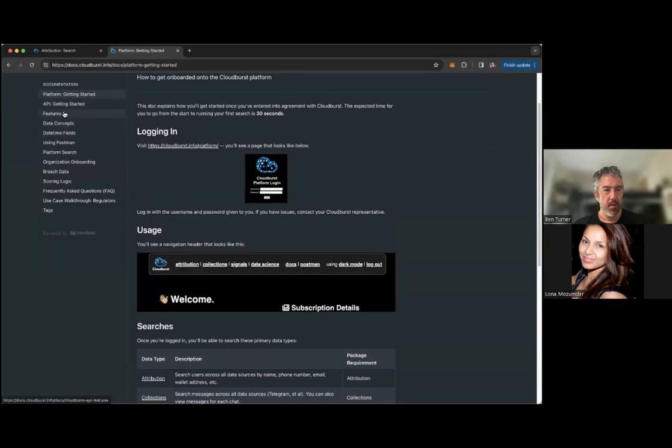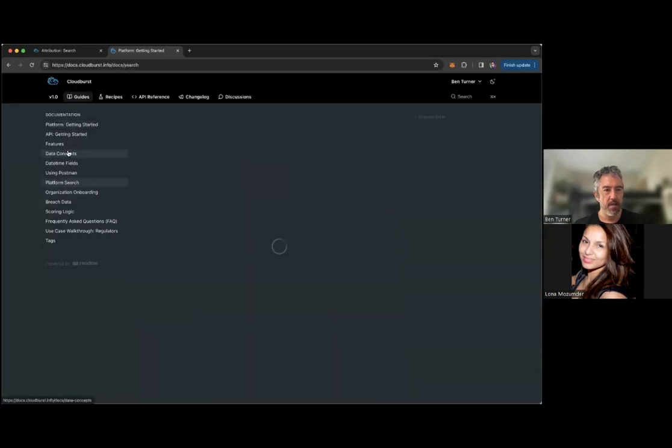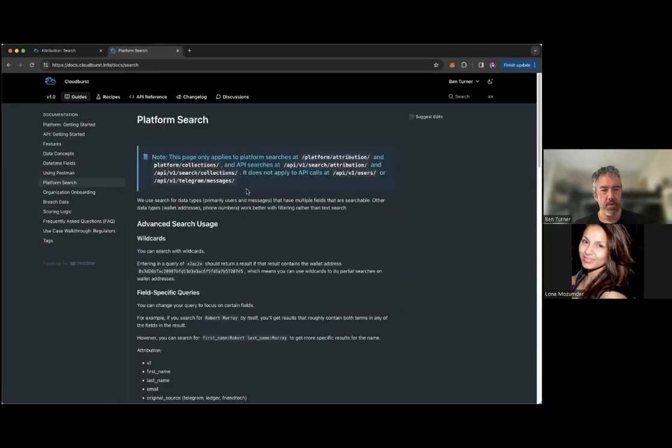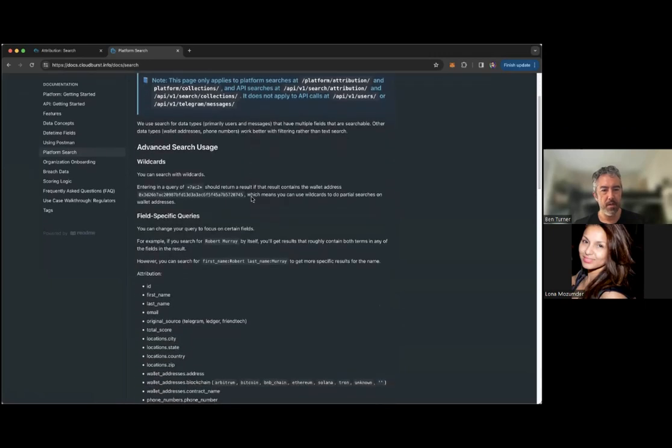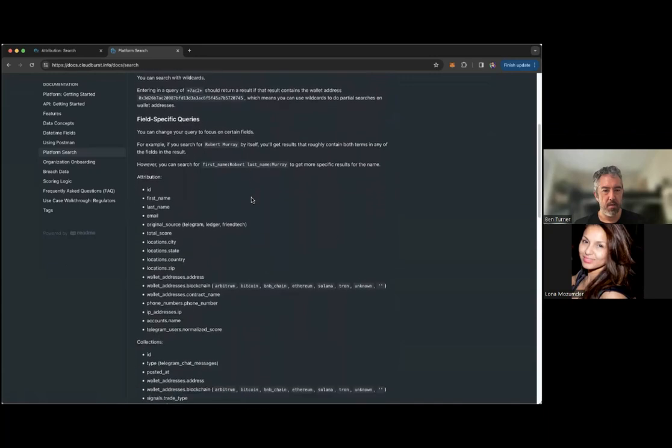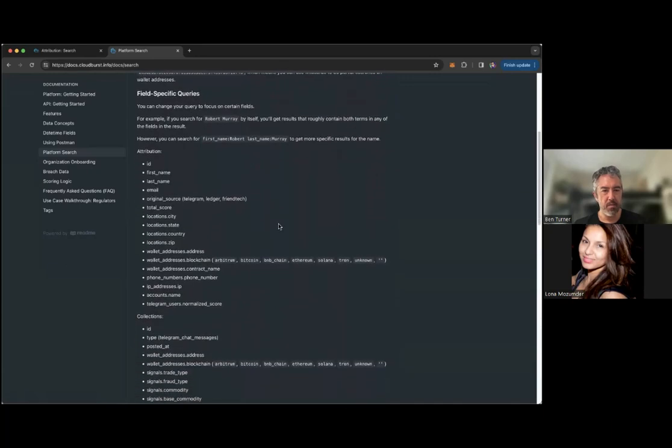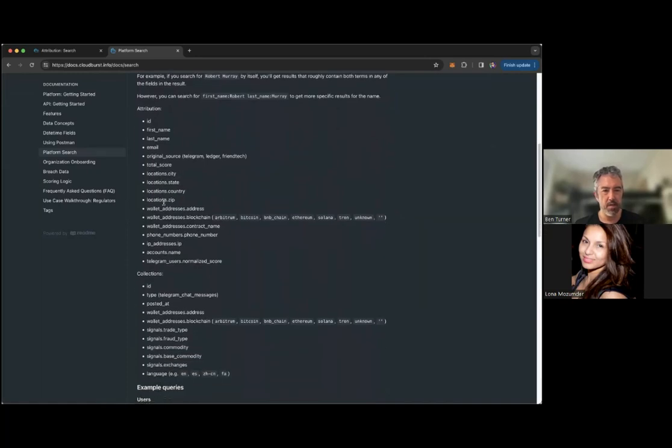You might be wondering about the search syntax. So we have a page on the platform search, and we are going to make this easier to use, but for the sake of having a simpler layout right now, we don't put this stuff in the search form. Here are the different sorts of fields that you can search across.